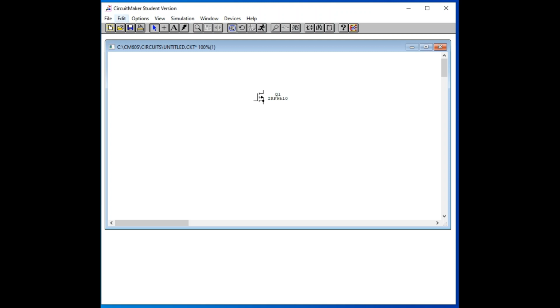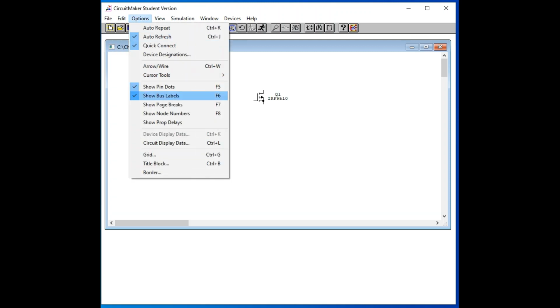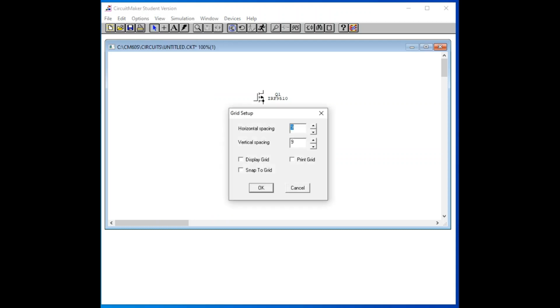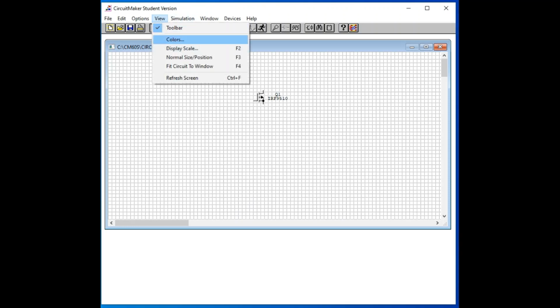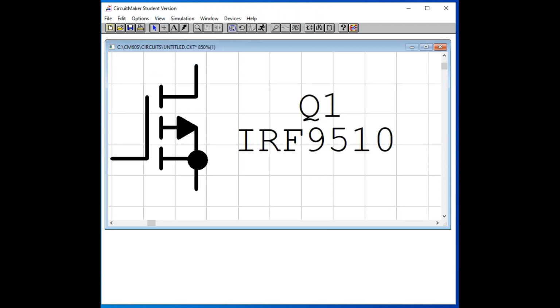We can also use the grid option, so that basically makes life a little easy. Display the grid and snap to the grid. Then you can choose the view. This will fit the circuit to window.